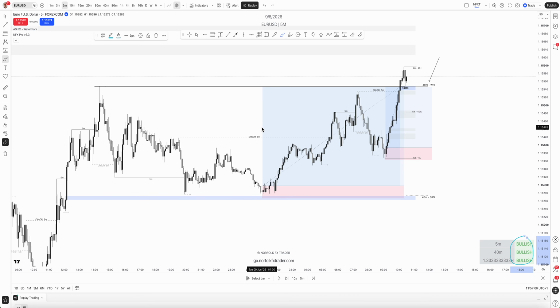But if you want to understand how we actually map this whole structure manually, step by step, do watch the next video coming up. That goes through the whole process